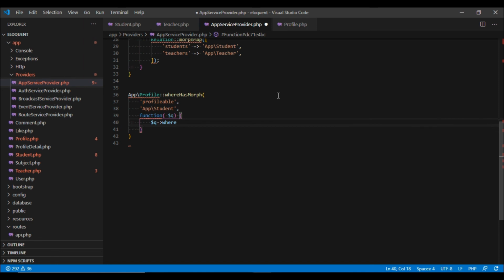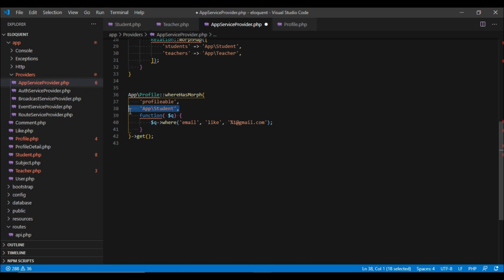So in this case we are looking for email like, and I'm going to give it 1@gmail.com, and then I'm going to use get. So even though we have specified that we want email which have this text, it is only going to look for the student.